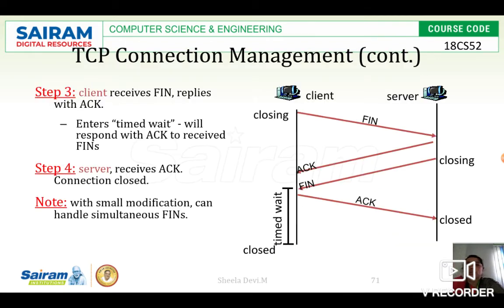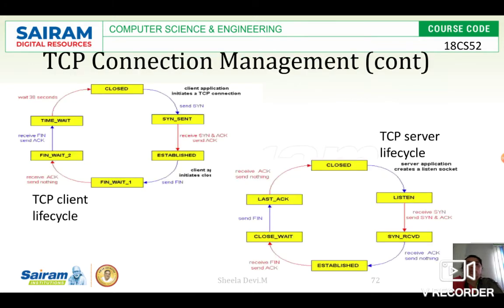If you see this diagram, you can come to know what are the events that happened. First it waits for the first FIN, then the second is FIN 2. From the server it is getting FIN, that is FIN wait 2. Then within the timeout period it will give the acknowledgement and it will close. Wait for 30 seconds and the connection will be closed. This is at the client side.